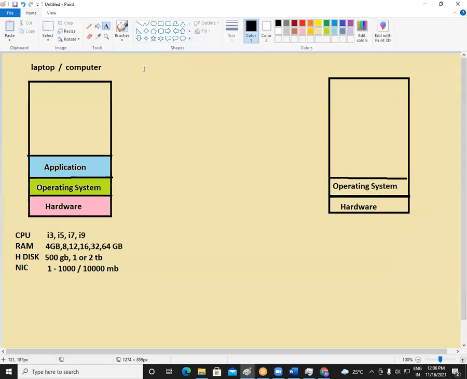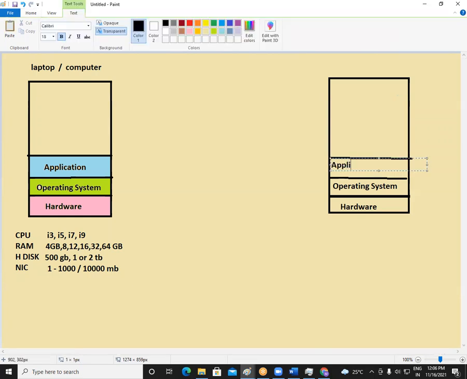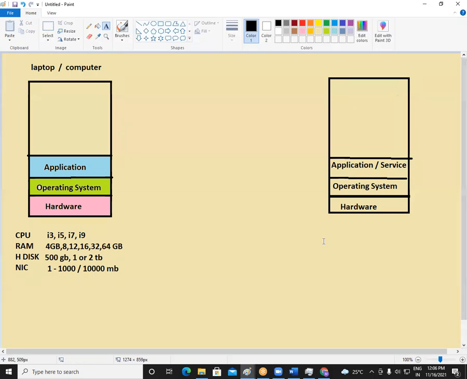And the third layer we have in a server is either the application or we can call it services. This is what comes in the third layer, the application layer or service. So we have the same layers here. One is the hardware layer. The second one is the operating system layer.